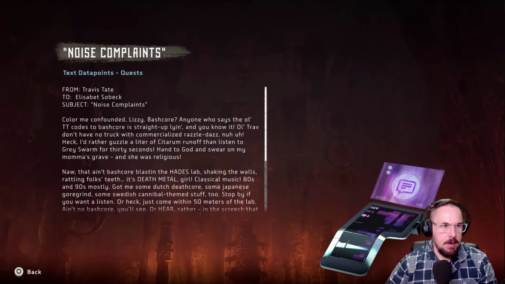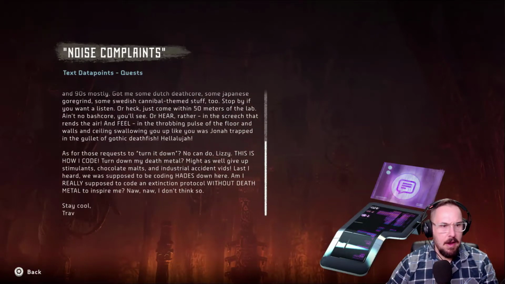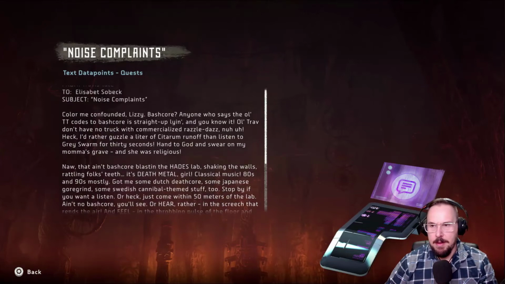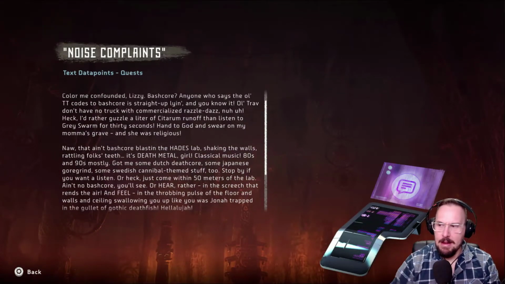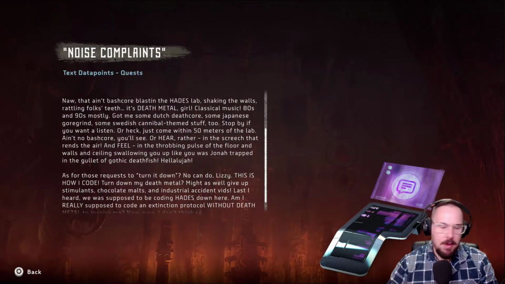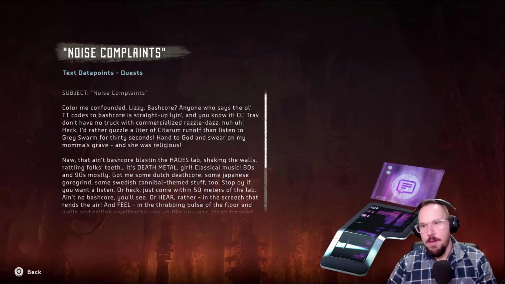There's one down here I haven't read. Noise complaints. So basically what they're saying is that Gaia never got it right the first time. So they brought in this Hades program. Who knows how many versions of Aloy there have been before this, where it's been all stuffed up and things haven't quite worked properly and haven't got life properly created, so they just...